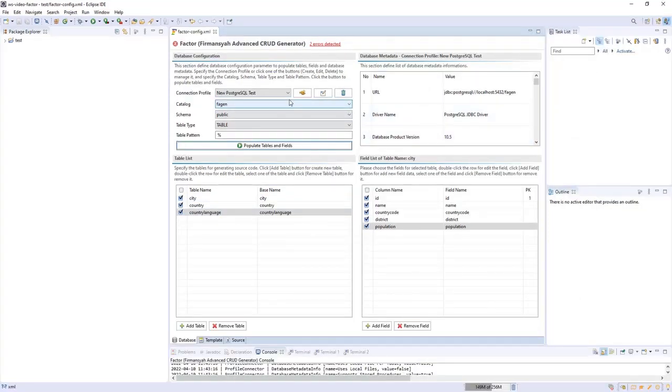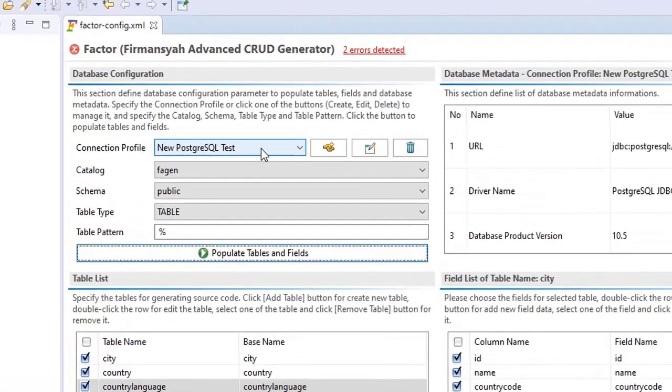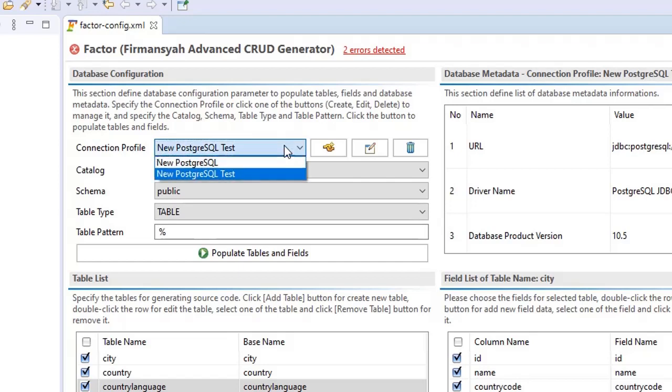After we create the connection profile, I want to explain another button for this specific connection profile that we already created. If you choose one of your created connection profiles, you can also edit or delete one of them.